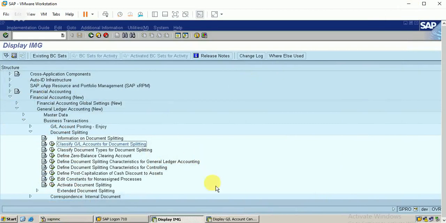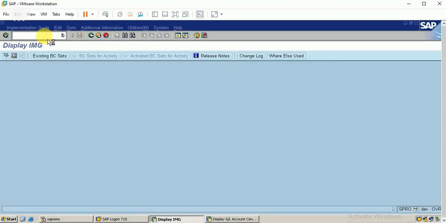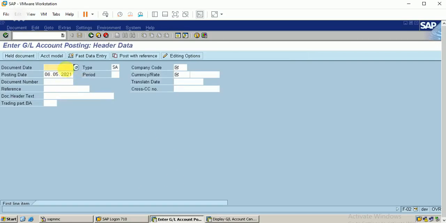Okay, I'm entering the T code F-02 for general journal. Let me try posting this. I'm entering today's date, the company code, and currency rate.